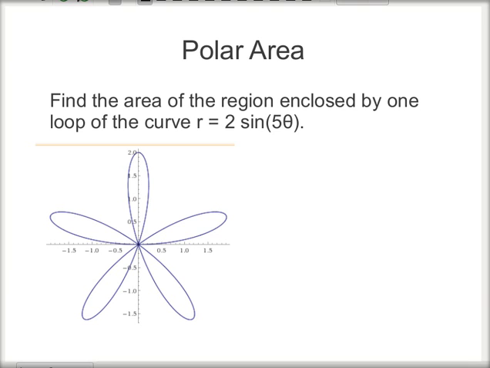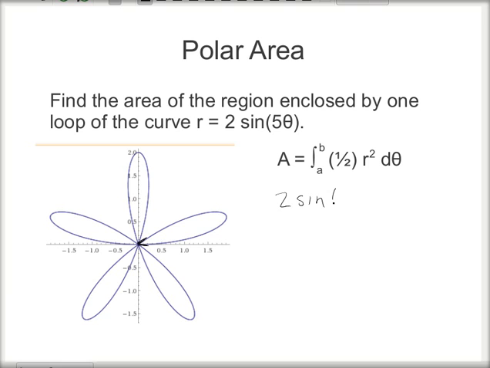And remember that the formula for area is the integral from a to b of 1/2 r squared d theta. So first we need to figure out what our a and b are. Let's just look at this first loop here. We want to find what r is when we start out here and when we come back here. So that's going to be when